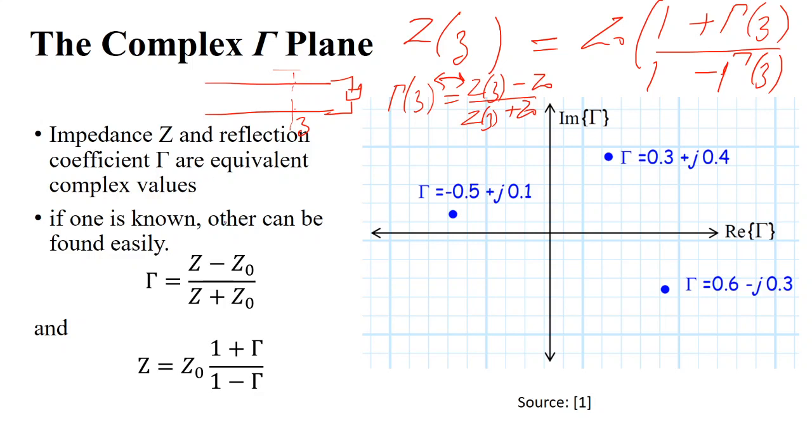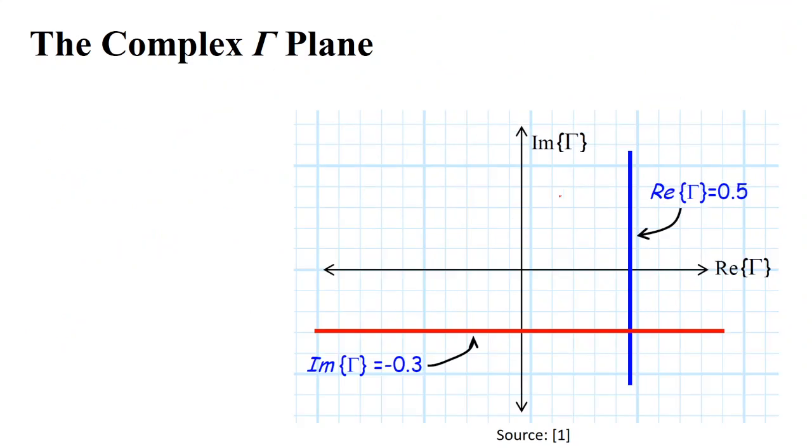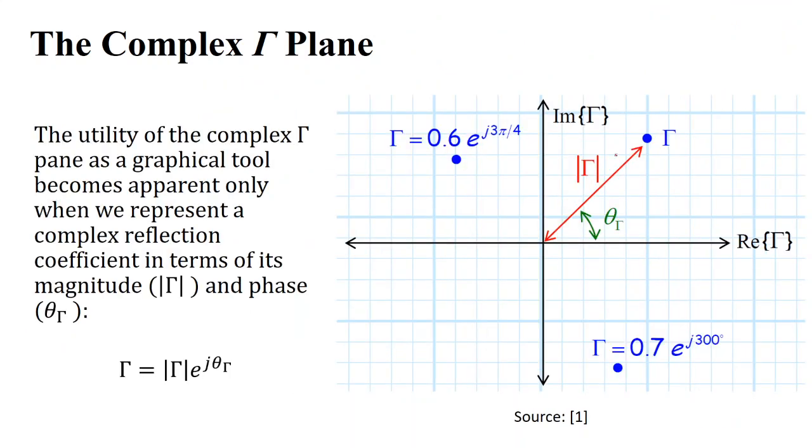This is already written here. We are omitting the argument z here, just writing Z and gamma. So in this case also, this is the gamma. This is the real part of gamma and this is the imaginary part. So you can show it in this coordinate system, real and imaginary. Similarly, you can go to the polar form.